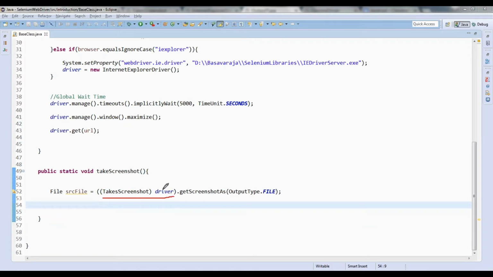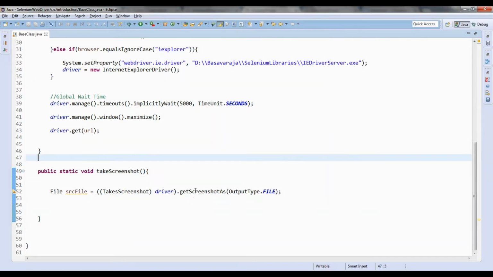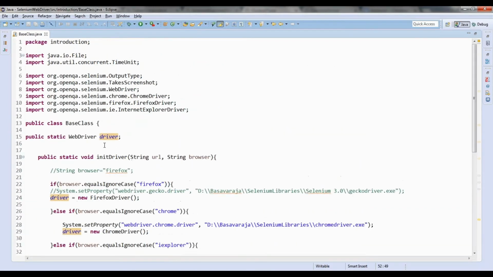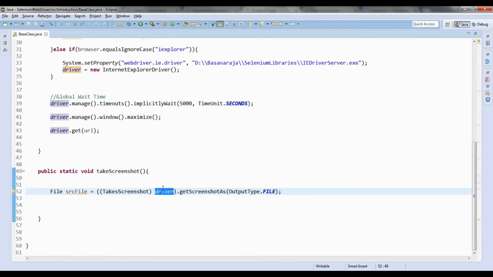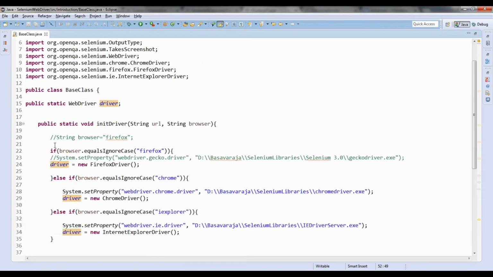Casting means I am trying to typecast a driver to the TakesScreenshot interface, right? The main reason is, if I want to get a screenshot, if I want to access this method, whatever driver I have created, that driver can be a Firefox driver or some other driver, but it's the driver of the WebDriver interface.